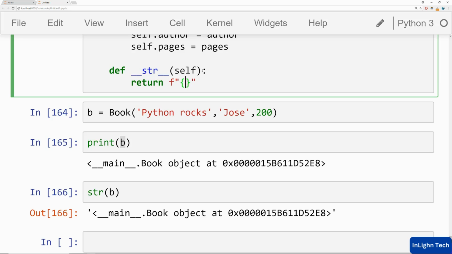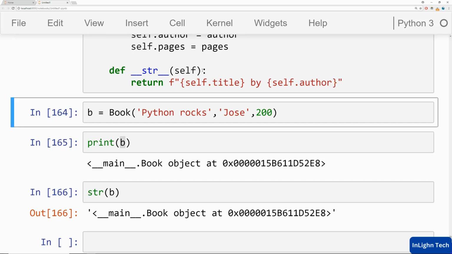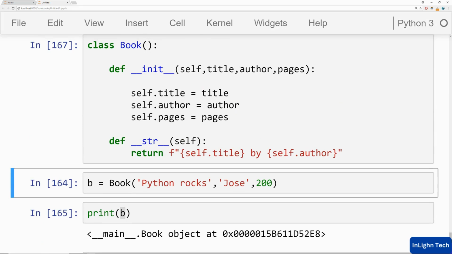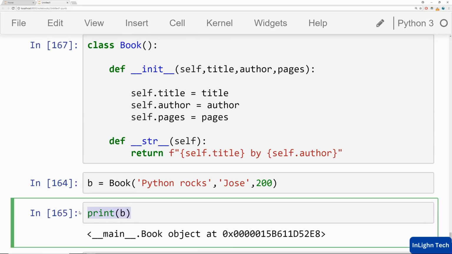I will say self.title by self.author, and shift enter here. So what happens is when I call the print function, it asks the book object,